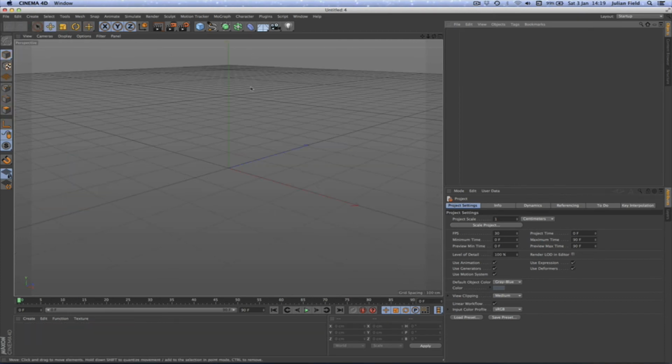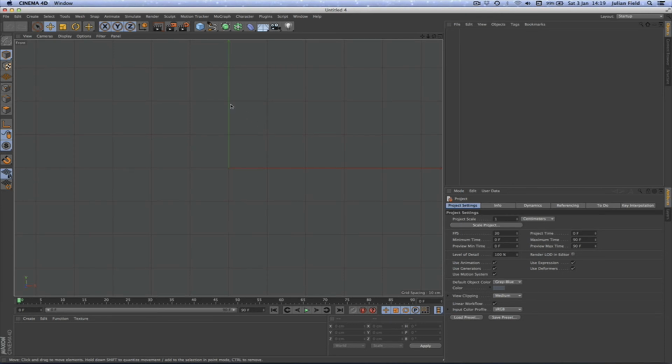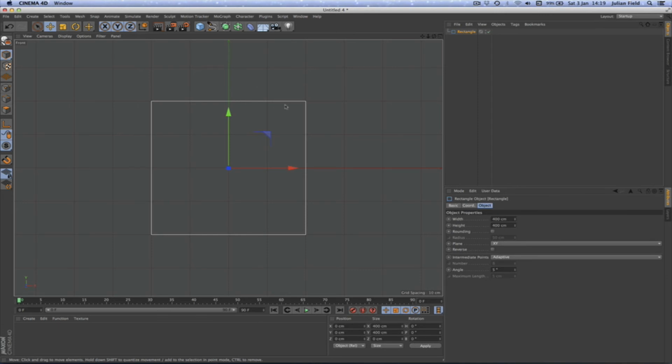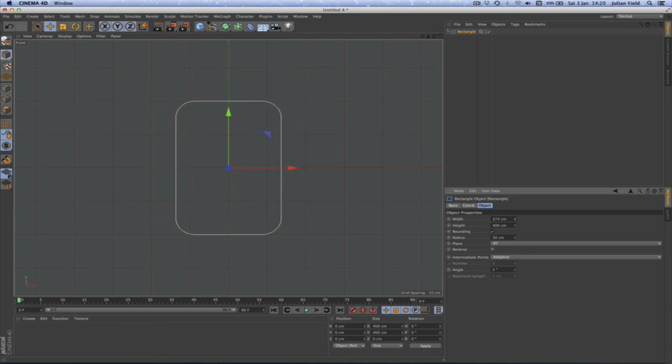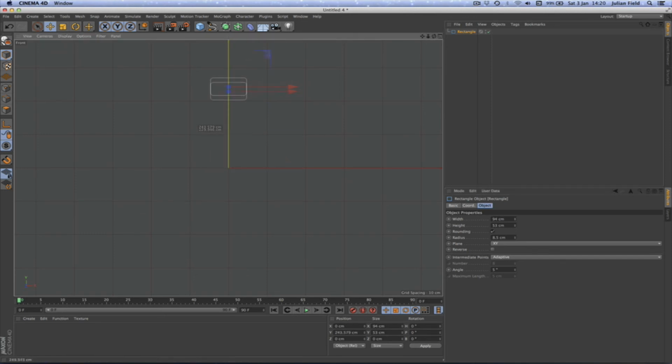We'll put it into the side orthogonal view. It will only be a brief discussion as to how I did this. So what I did, I got some rectangles, put a bit of rounding on them, reduce their sizes to a sensible level, get the rounding down a little bit more, just make it a sensible size, get those down to about somewhere there, brought that one up somewhere here, and then I just copied so that